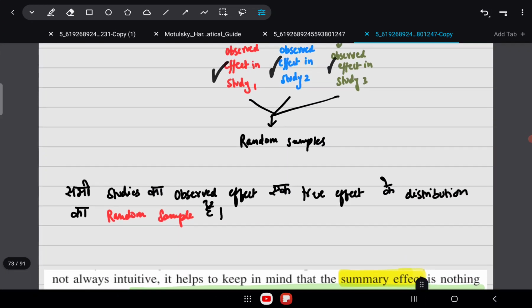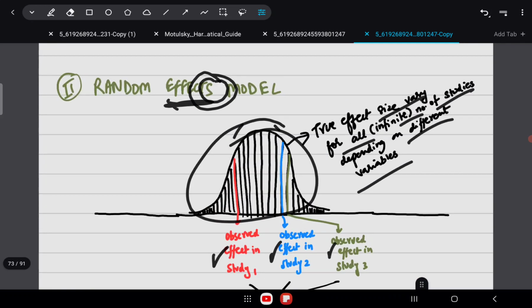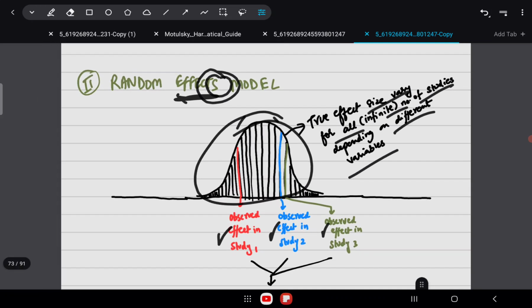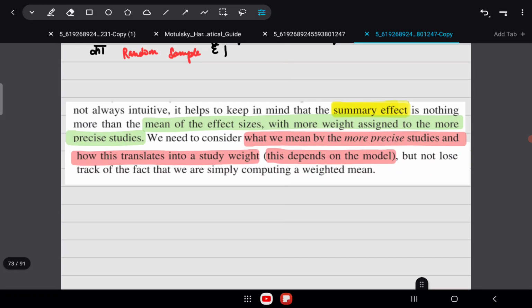But when you do random effect modeling and you compute a summary effect, the interpretation of the summary effect in your meta-analysis is different. The interpretation of that summary effect is that it is actually the mean of this Gaussian distribution of the true effect sizes. Okay, so I'll just read it.